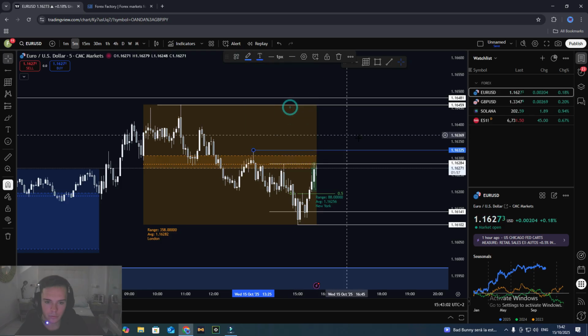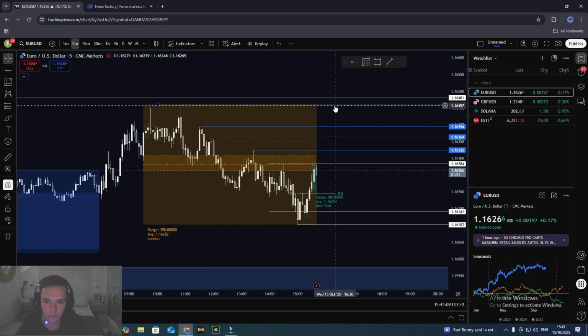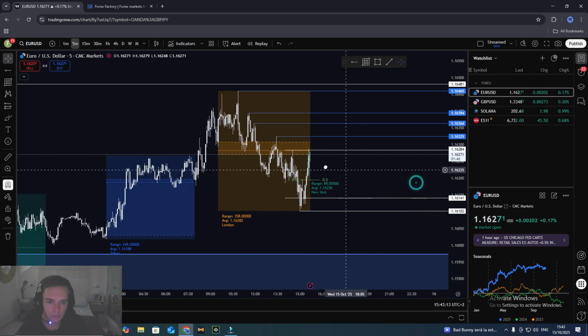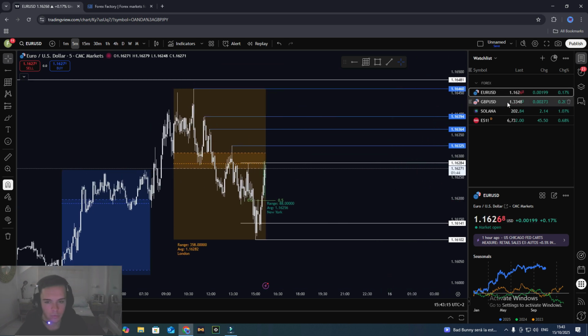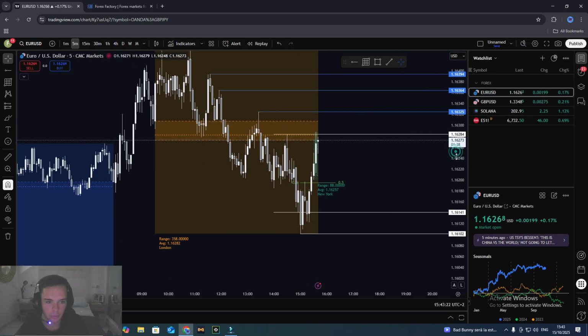Oh, I'll switch the color of this one, because I want this to be TPs. 1, 2, 3, 4. I know you should have 4 TPs, but we're going to take that as a TP. We're going to leave that as a runner. Probably if we can get some good 2% up, we'll take partials.